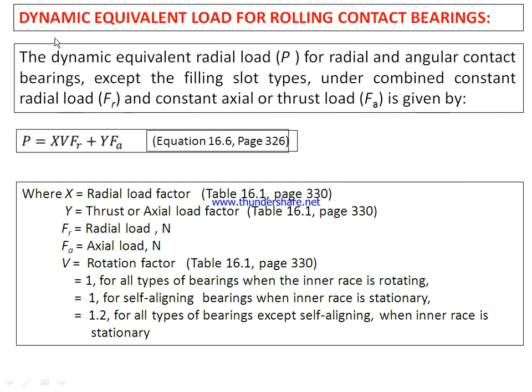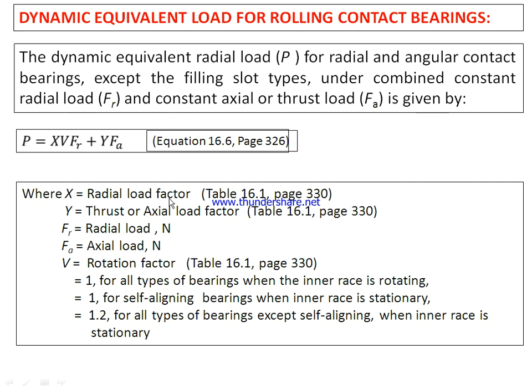The dynamic equivalent load for rolling element bearings is calculated by using this equation and can be found in Design Data Handbook by Mahadevan and Baladev, page 326, equation number 16.6. Now, what are these different notations? P is the dynamic equivalent load,